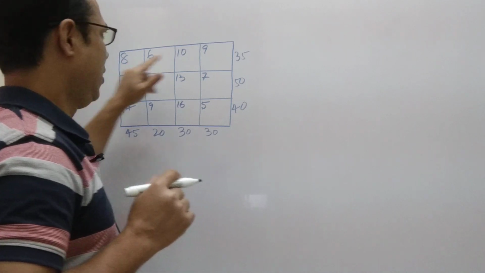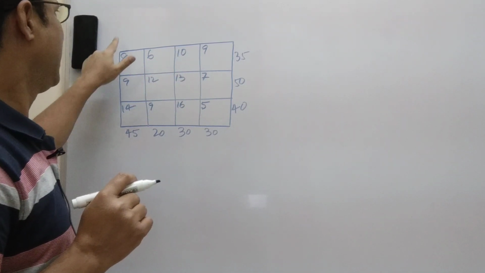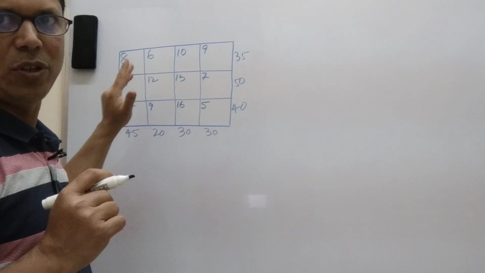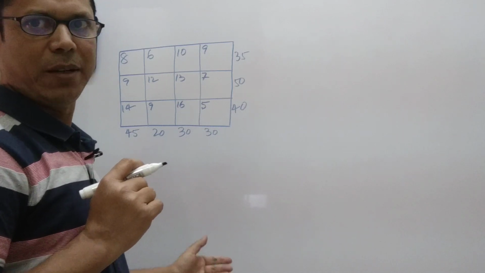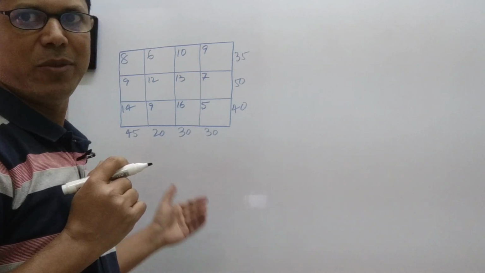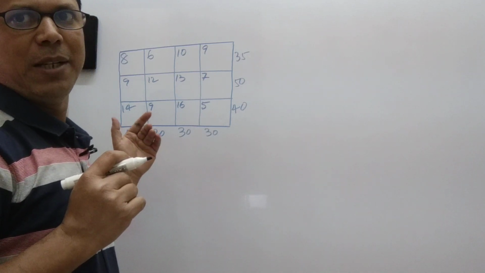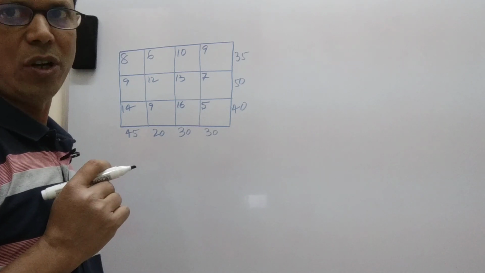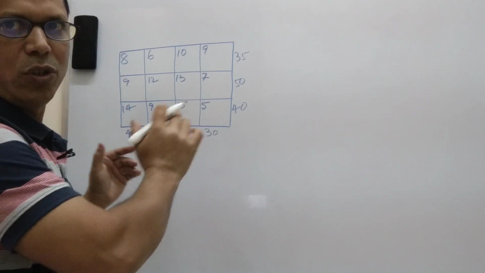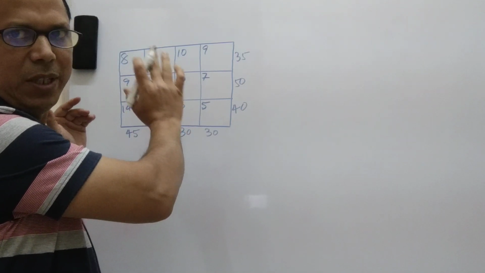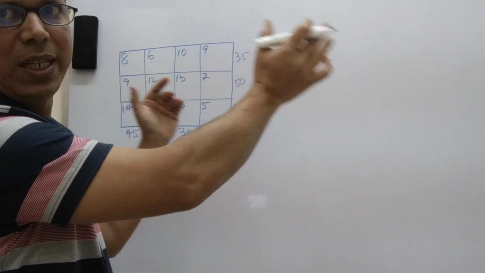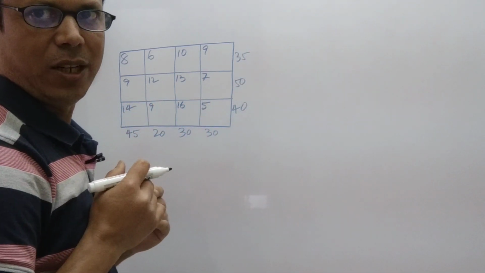Before explaining the UV method, I am going to solve this problem again by applying Vogel's approximation method, just for understanding, because this problem was already solved in the last videos in part 3, and I think in part 1 or part 2 also. I don't remember exactly in which part, but this problem has already been solved. So I am doing it for your more confidence. Here itself I will solve this problem by applying Vogel's approximation method, and I will take this initial basic feasible solution to apply the UV method and get the optimal result.